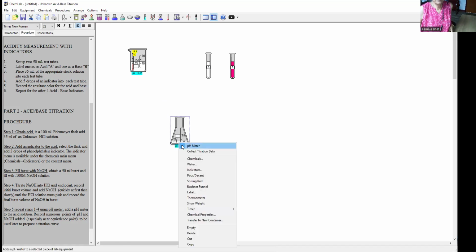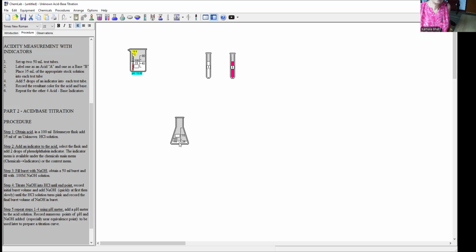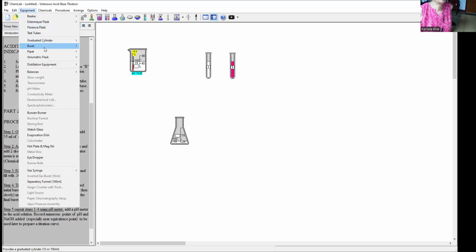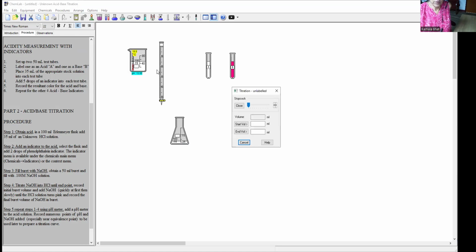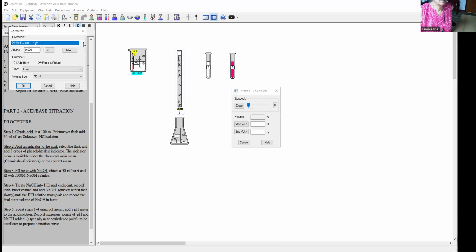We remove the pH, and then get a burette, a 50 ml burette. Please don't close the titration dialog box. Click for chemicals, add 0.1 molar, so 50 mLs